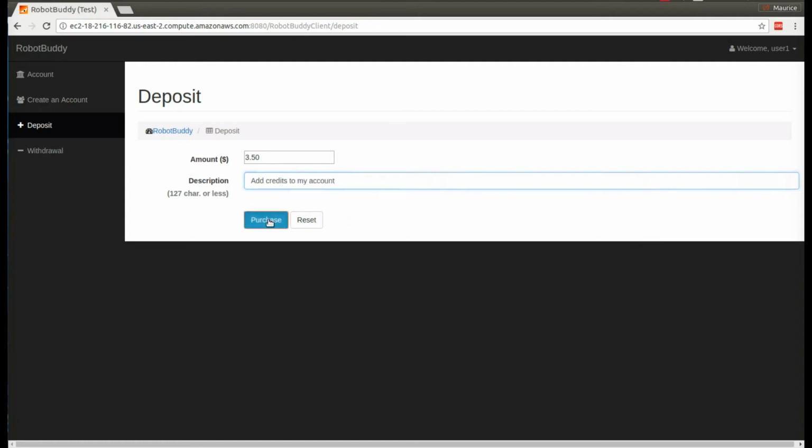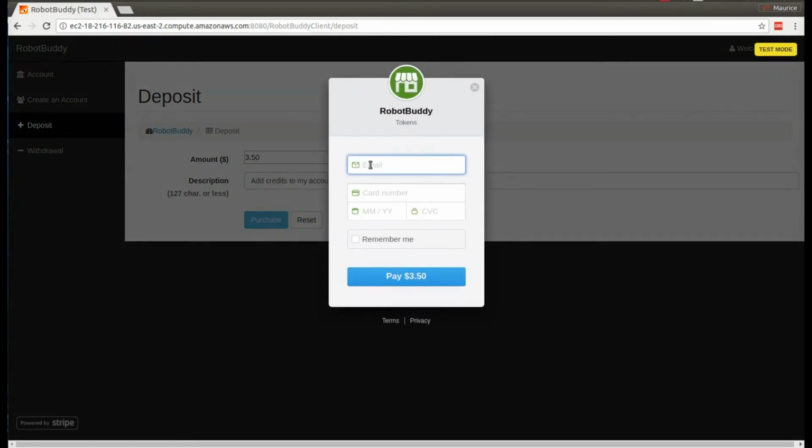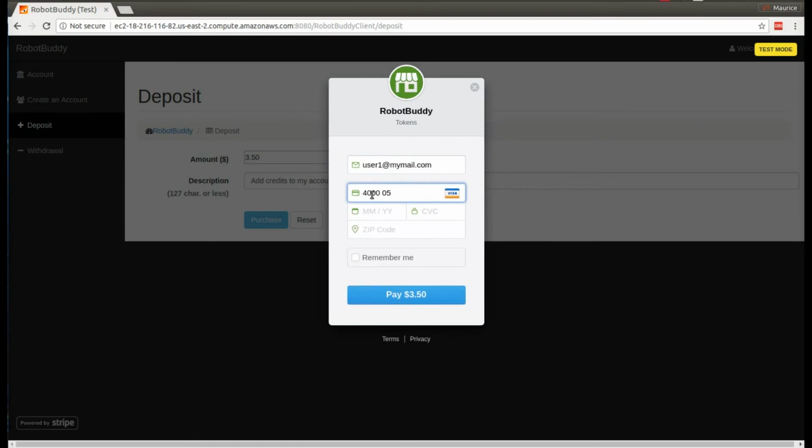Then it's going to bring up another pop-up. Once again, this is a Stripe service pop-up, so it handles all your credit card information. DroidGuru never sees your credit card information or bank information. It's all handled through this third-party payment system. Once again, I'm using the test credit card number here. You just fill in the information like you do a normal online transaction, and this will